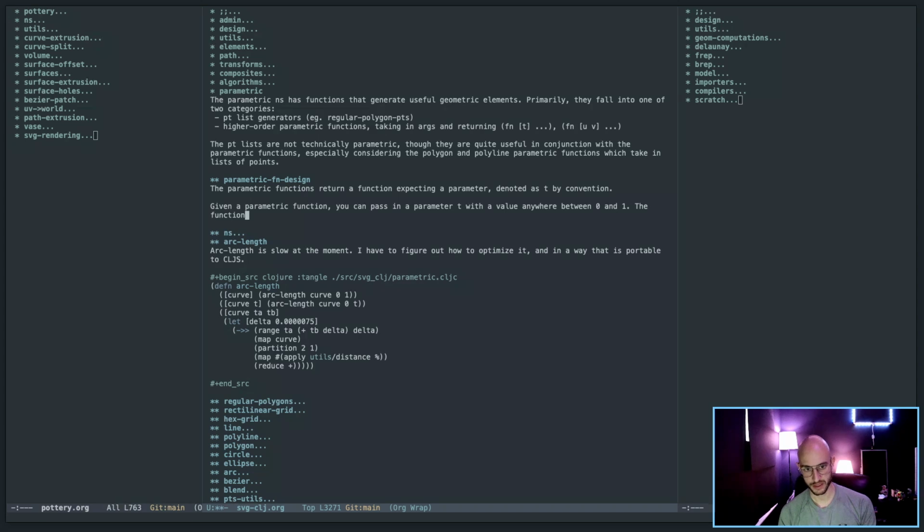The function is then expected to return a position